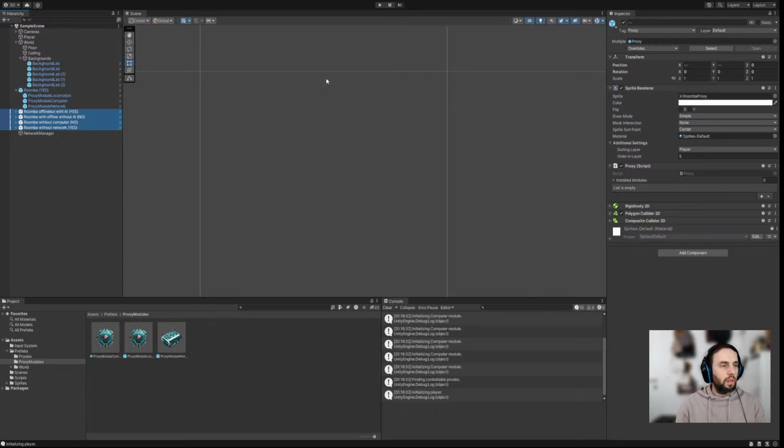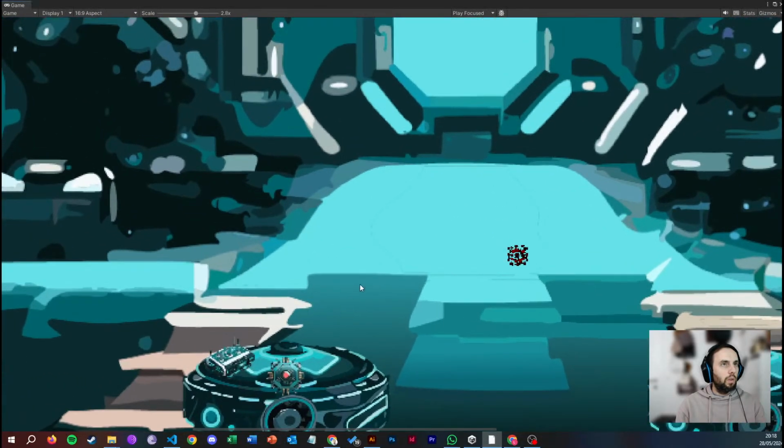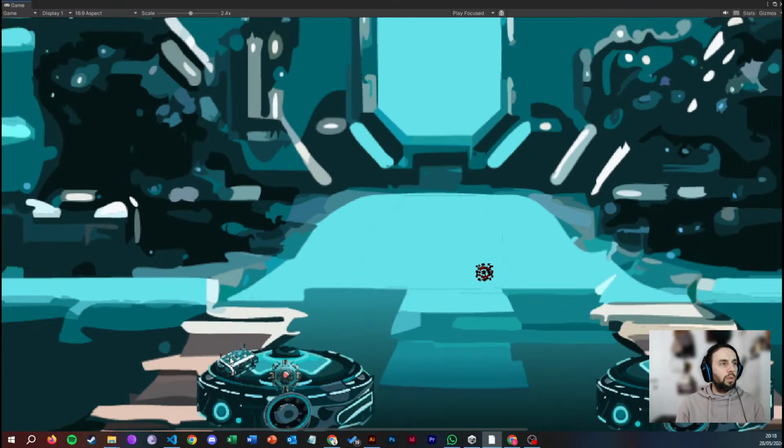So looking at our robots, we have a computer controller, a network module, a computer module, a locomotion module, and a structural module, and our player can now switch between different proxies and take control of them. And whether or not something is controllable is now managed by our network script, so that when we throw proxies into the game, the network manager will